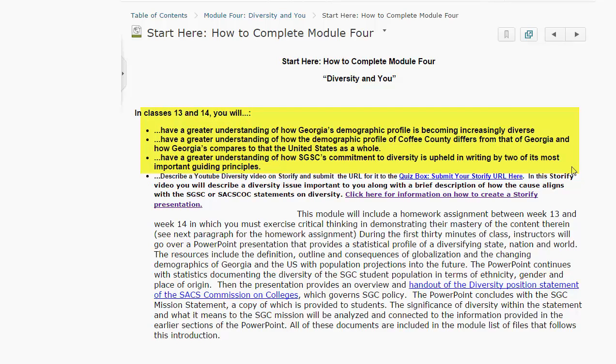Students will understand how Georgia is becoming increasingly diverse. Students will have a greater understanding of the diversity of Coffee County compared to Georgia generally, and how Georgia compares to the United States. According to the UGA statistical group, Georgia is becoming the new California. I don't think students appreciate this or understand it, is what I'm saying. So